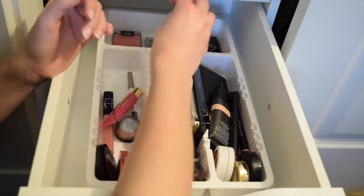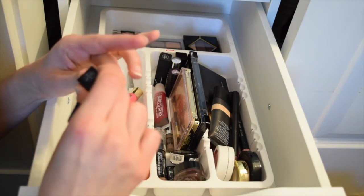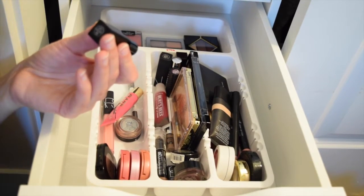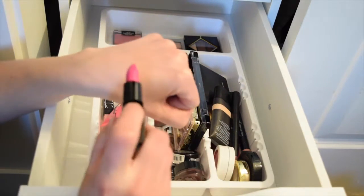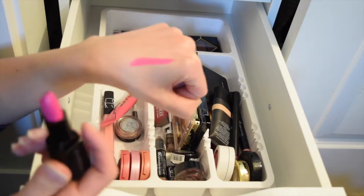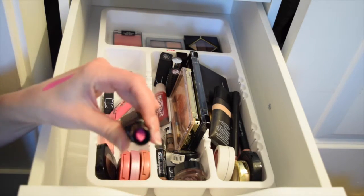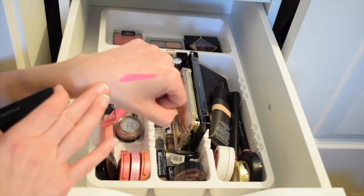You know what? Now that it's almost officially spring, I'm going to pull this one. What brand is Smashbox? And this is the color Magnificent Matte. Look at that beautiful color. I think it's time to really pull it out and wear it for spring. I haven't used it at all since I got it last winter or late fall, so